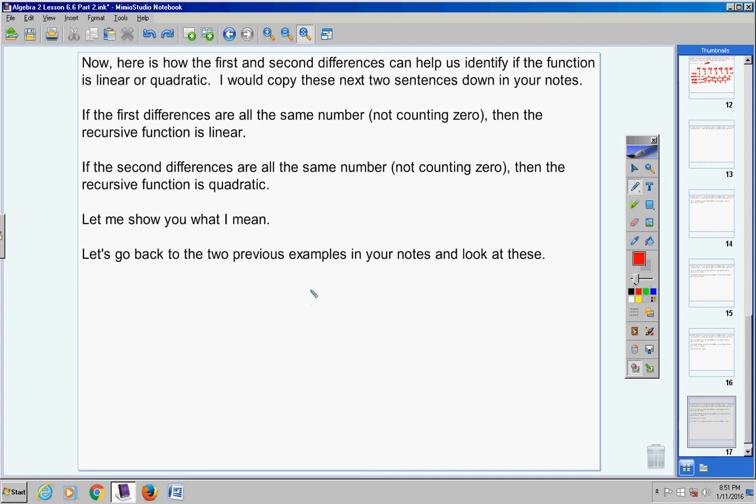You should be able to find the values of a recursive function. From those values, you should be able to find the first differences, and then from the first differences, you should be able to find the second differences, and then from that, you should be able to compare and see if you have